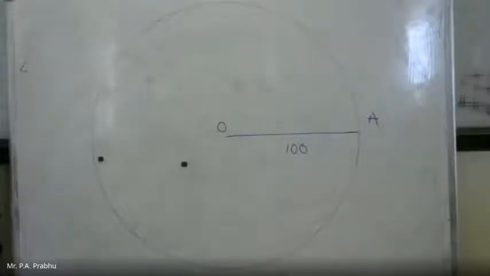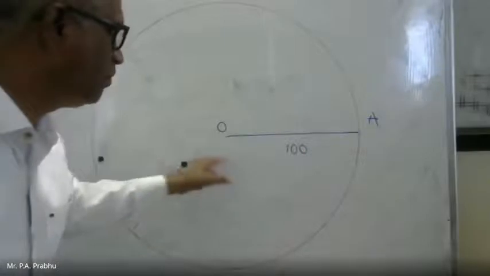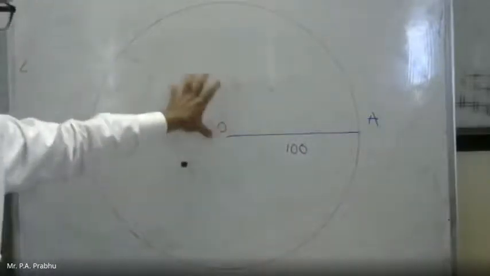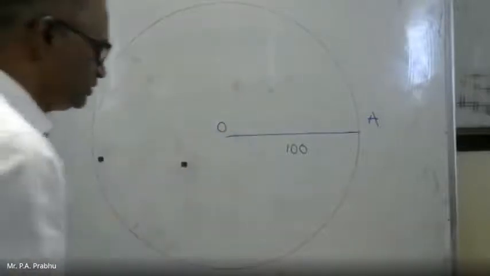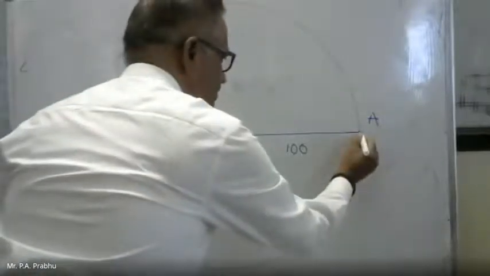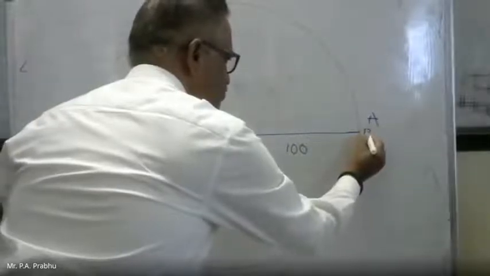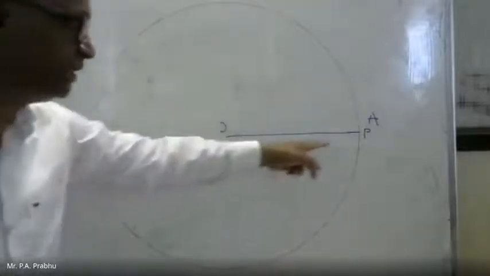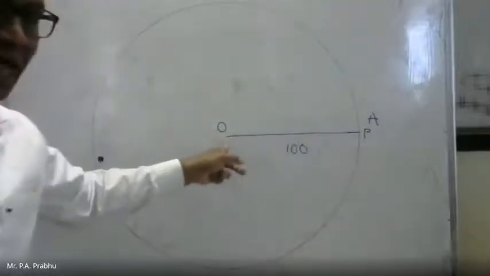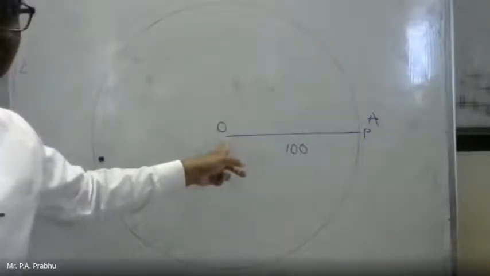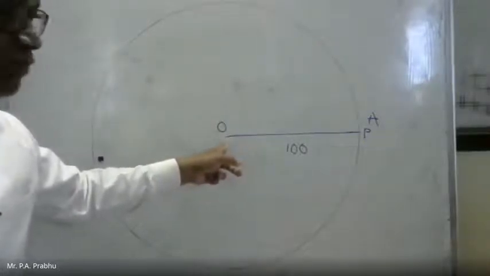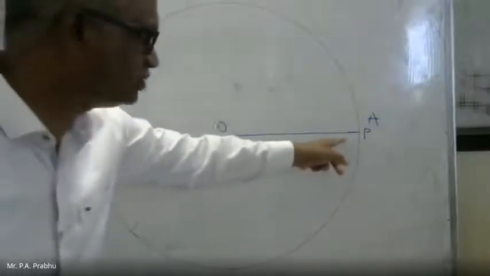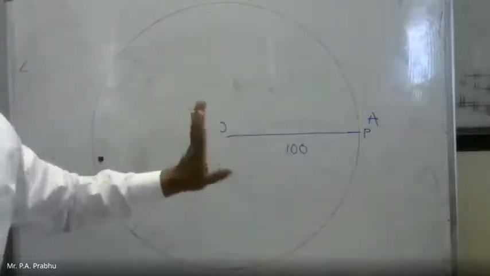Now, remember, this is a line rotating about the center. It has to travel through 360 degrees, so this is the angular motion. At the same time, there is a point at this end. Suppose we mark this initial position P. At the end of 360 degrees, this point is moving towards this end at O with uniform linear velocity. So at the end of one convolution, the position of the point will be here. So this point has to travel 100 mm distance with a linear velocity.